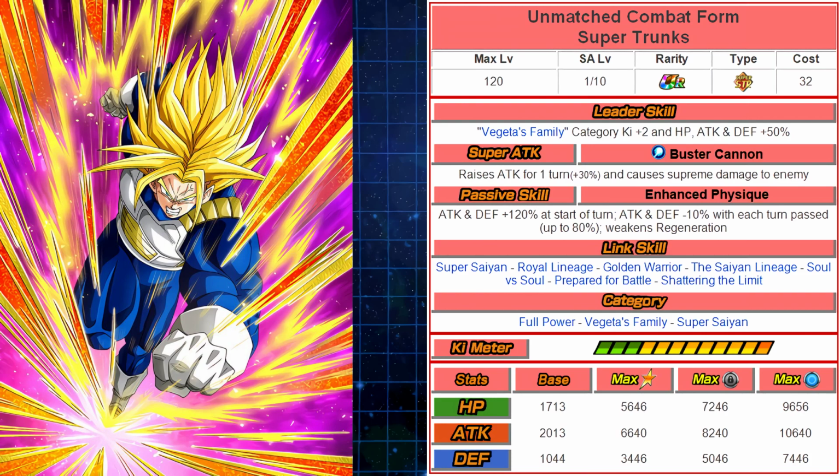So your super attack is now the Buster Cannon, which raises the attack for only one turn. No more Kaioken mechanics. I would have liked to see a "greatly raises attack," because you got that 30% increase now for one turn. It would have been nice to get a little bit of extra buff on the super attack at